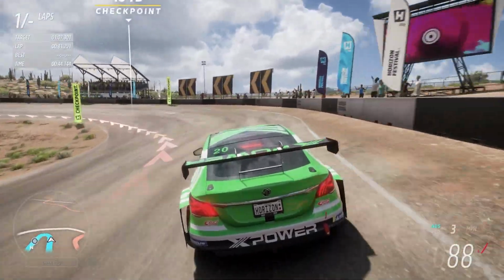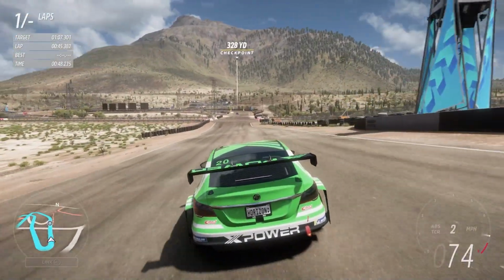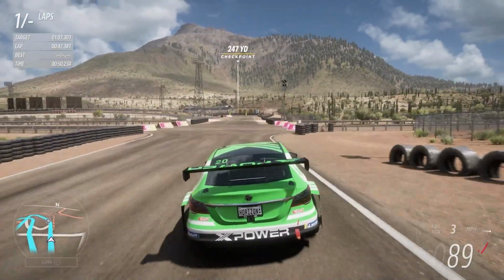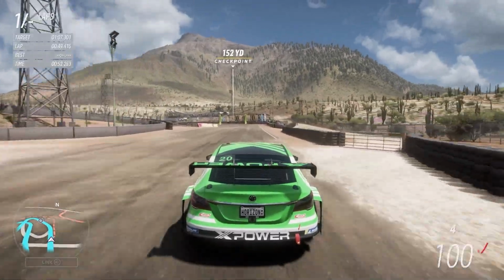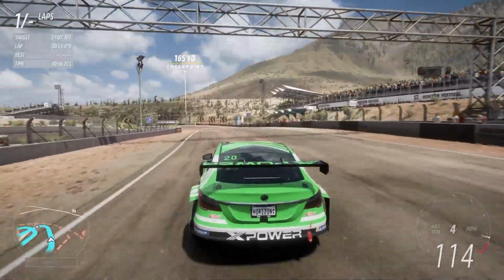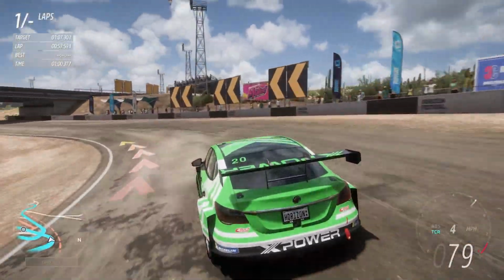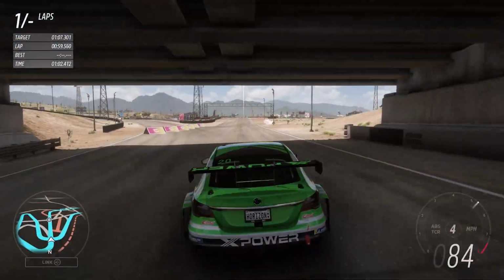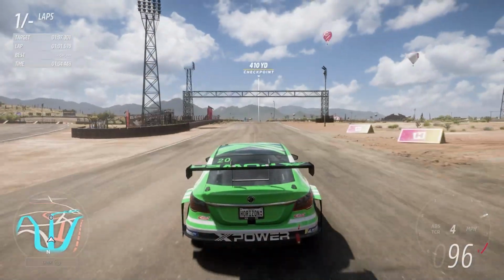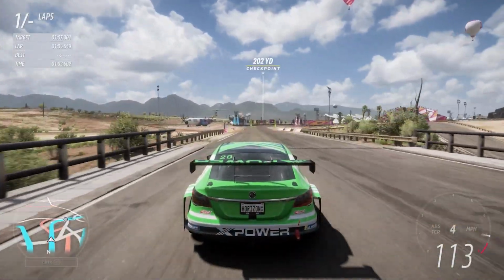So yeah, sounds slightly similar to the standard car, although this does rev higher, and obviously without the hybrid technology or anything like that, it's a little bit rawer, because normally the electric power is stepping in to make up for any of the lagging turbo or changing gears or anything like that. So yeah, on the whole it does sound pretty good, and yeah, as far as mid-level racing cars go, this